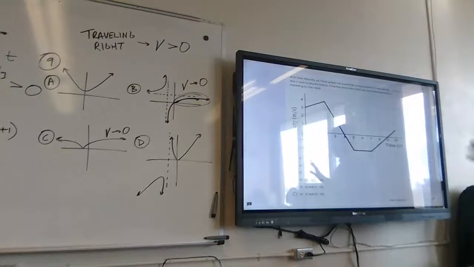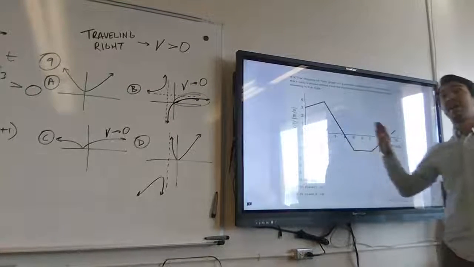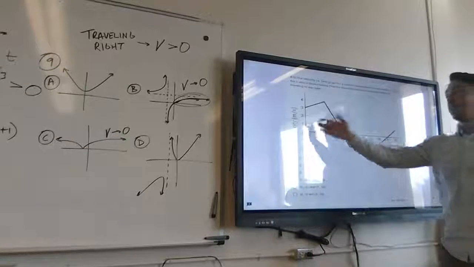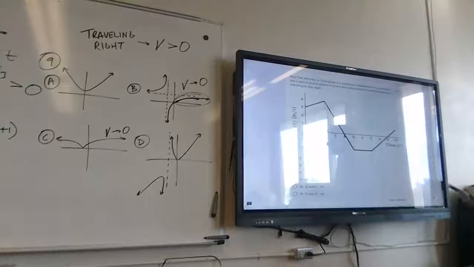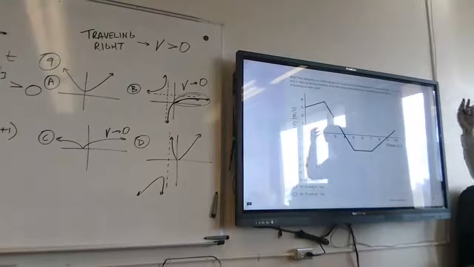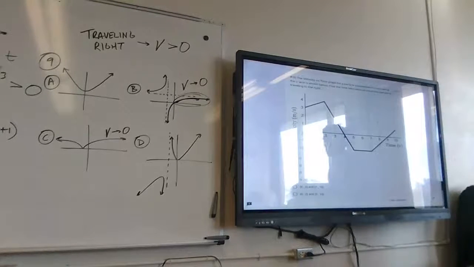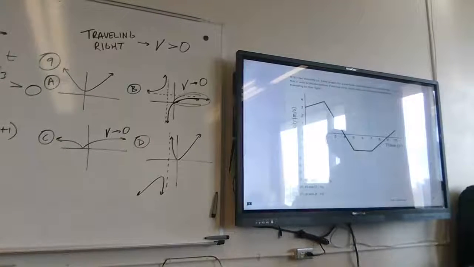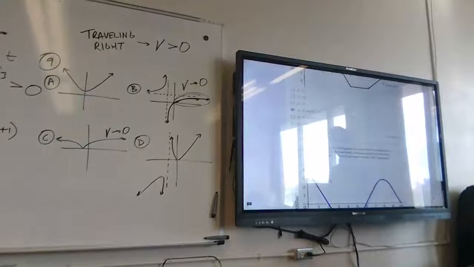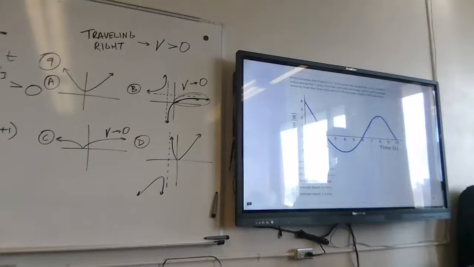Are we all okay? There's no confusion on that one? If this had been a position time graph, then we'd be looking at when is the slope positive. Okay, so it's a subtle difference, but it's pretty critical. If you want to understand what's going on with this stuff, understanding how you can describe motion graphically is a pretty key concept to make sure you understand. All right, so